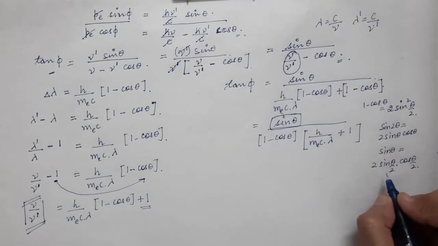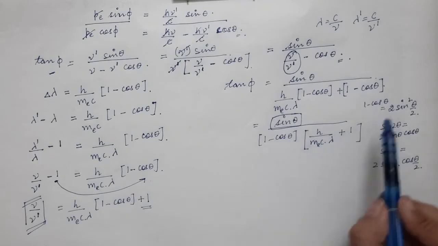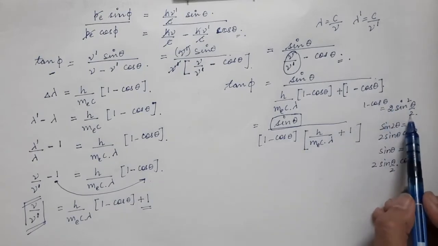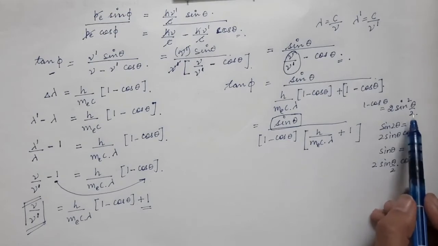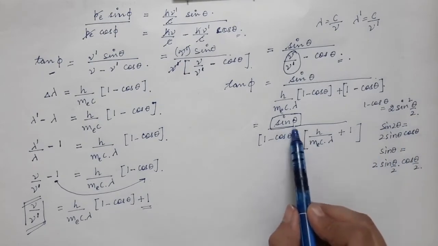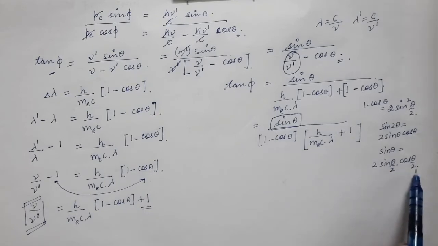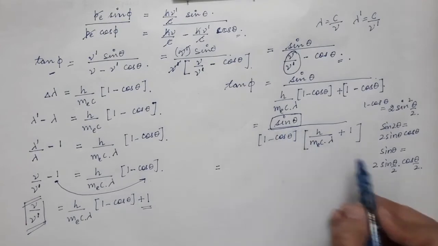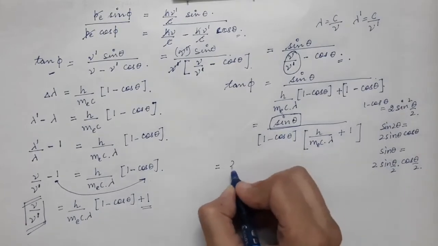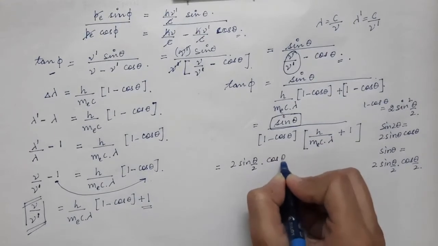And we are doing this because we have written 1 minus cos theta in terms of sine square theta by 2, so we have the expression in terms of theta by 2. So we are going to use the expression for sine theta, and that is 2 sine theta by 2 into cos theta by 2